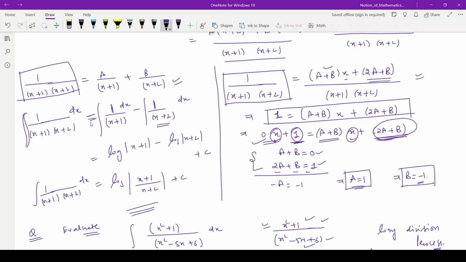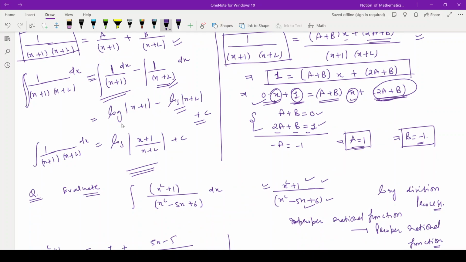in both sides of this equation. So as we know, integration of 1 upon x plus 1 is log mod x plus 1, and integration of 1 upon x plus 2 is log mod x plus 2 plus constant of integration. Or we can also write it like log m minus log n is log m by n. So that is what I have written here, log of mod x plus 1 upon x plus 2 plus constant